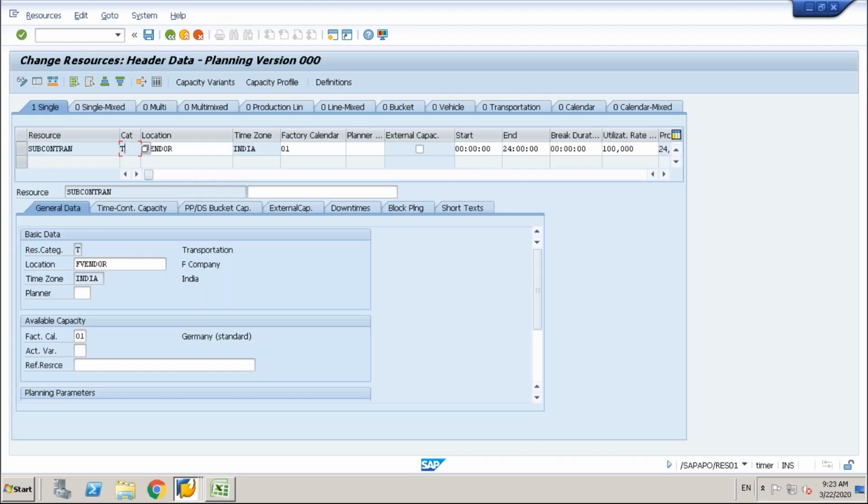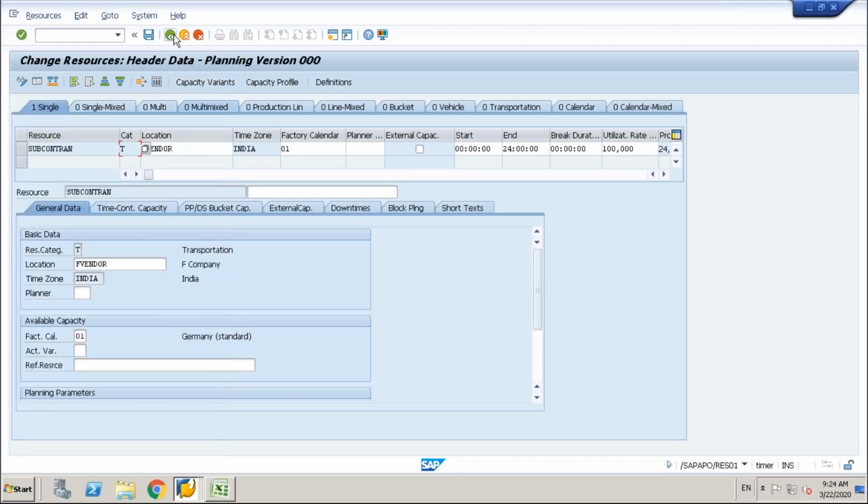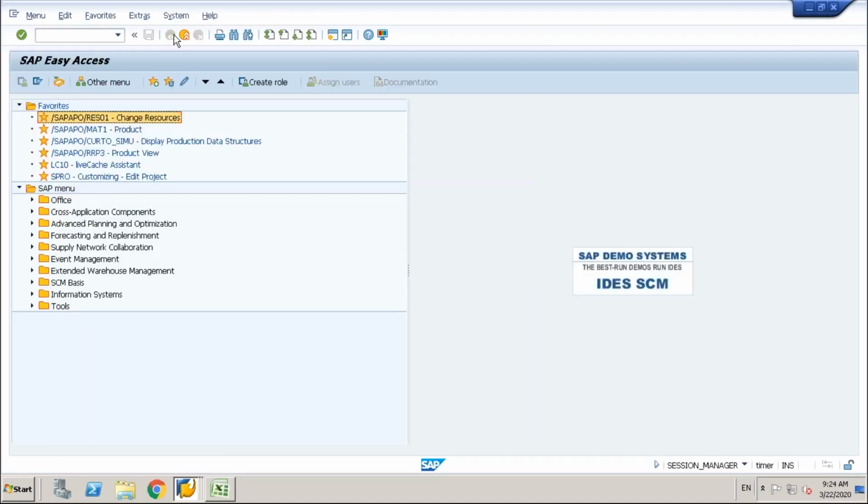See this? It's a T. Transportation resource you have to create at a vendor location, because the transportation comes from vendor to you, not from you to vendor, right? So hence it has to be extended to vendor. So how do we know whether subcontracting works? So we go to,